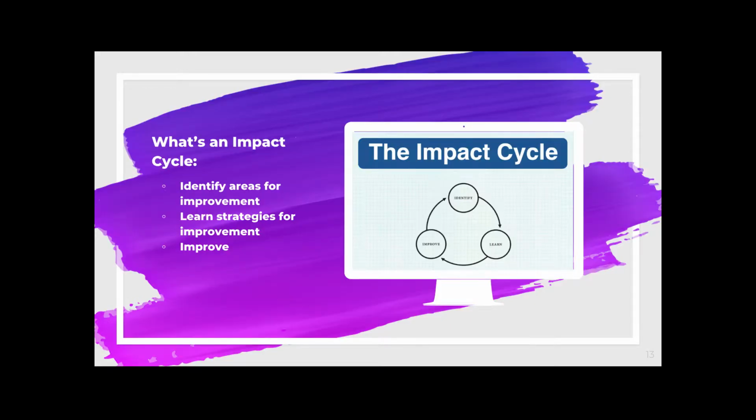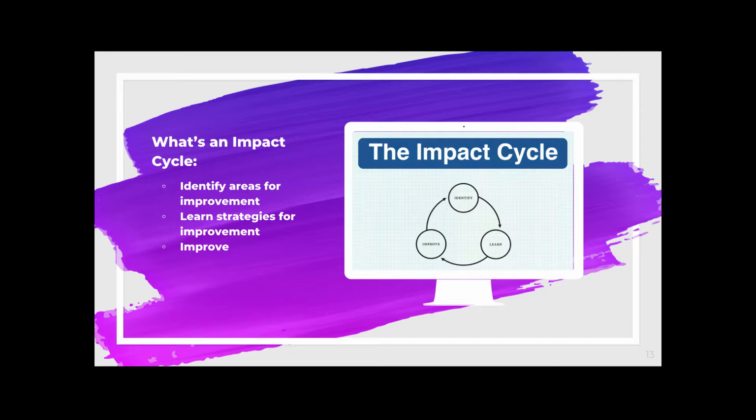So let's talk more about what the impact cycle is. The first step is kind of what we all just did together, which is identify what's going on right now in the classroom, in our lessons, that sort of thing. In the process, we may very well find areas for improvement. One of the most important things here is that it's up to you to decide what matters to you. And think back to your lesson that we observed, or if you want to meet with us at some point and talk through things, I've already met with some of you, which is great. You can identify those areas.